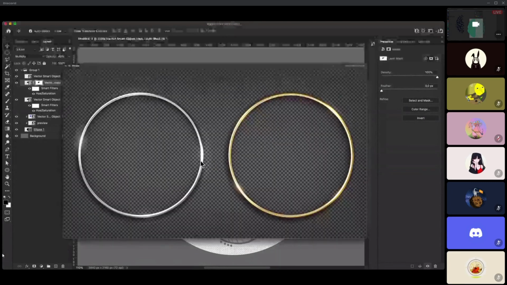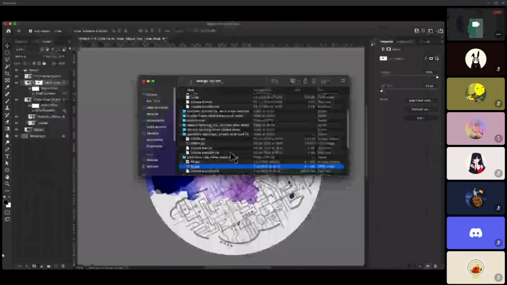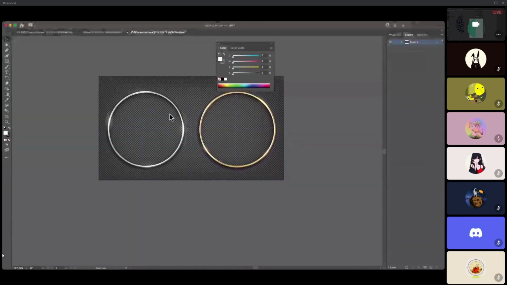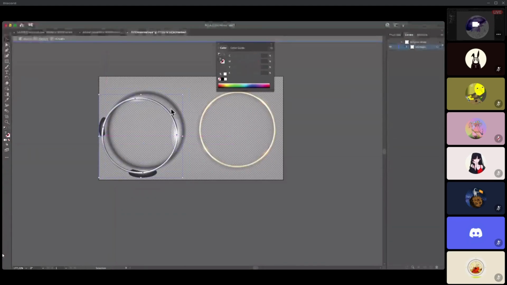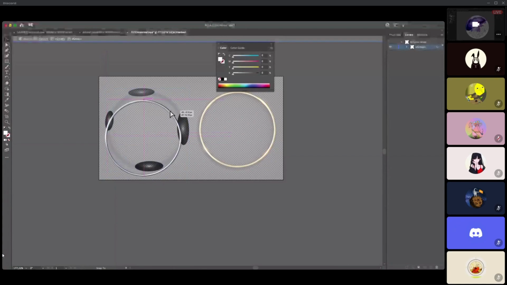Yeah, and in this case, I chose a ring which was made already in very high definition, and this is a vector format, so I can scale it up nicely. I'm going to go with the silver ring, but until I get to the ring, I have to double click, triple click to the object itself.